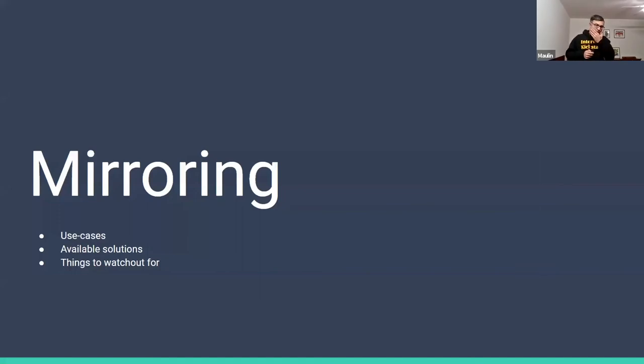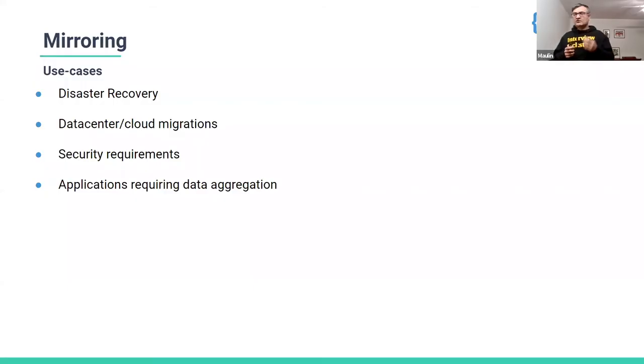So another important aspect in Kafka is the mirroring of data. So let's talk about when you need mirroring really. If you have one cluster in the whole company, not much volume, maybe you don't have DR, maybe you are fine. But the use case where you really start thinking about mirroring is when you want to do DR.